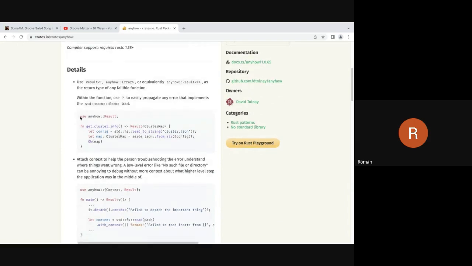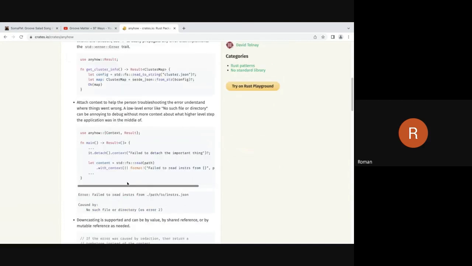The way it works is you import it. This is probably the best example here. You import it just like that. And then you make your main function return a result like that. And then you basically write your code, and you use your question marks as you want. And if you want to add context, where you want to add some more details to the error, like for instance, where did the error happen in your code? I do that a lot. I put in my error message like, this happened in this function and this line, whatever. It really helps with debugging later when you're doing runtime debugging